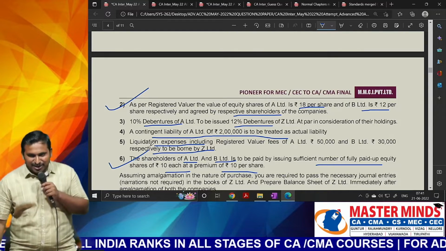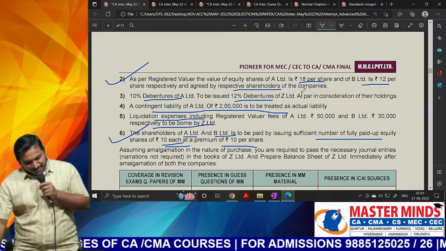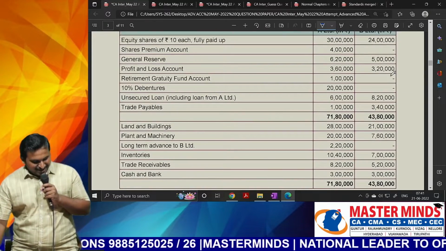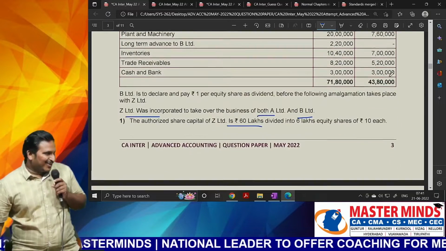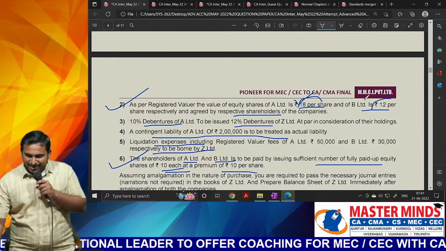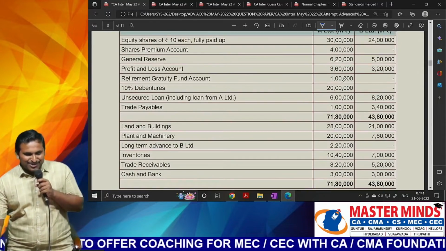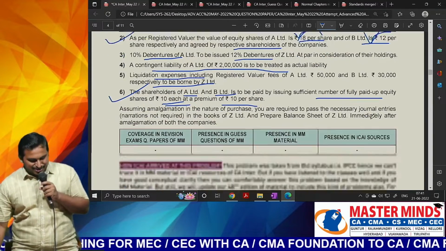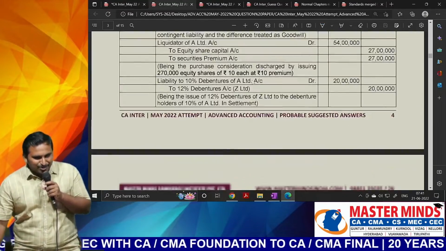If it is based on net assets, what will be the issue price? 10 at a premium of 10, that is 20. Then why have they given 18 per share and 12 per share? That is intrinsic value. That means whatever you find here by using assets minus liabilities is not the intrinsic value. It's not an issue when they have given the amount per share. Straight away you can take that. Already you know the number of shares: number of shares into 18, number of shares into 12. You get the purchase consideration. You will issue it by shares of rupees 20 each. Sir, are you getting the point? Not a big problem at all.